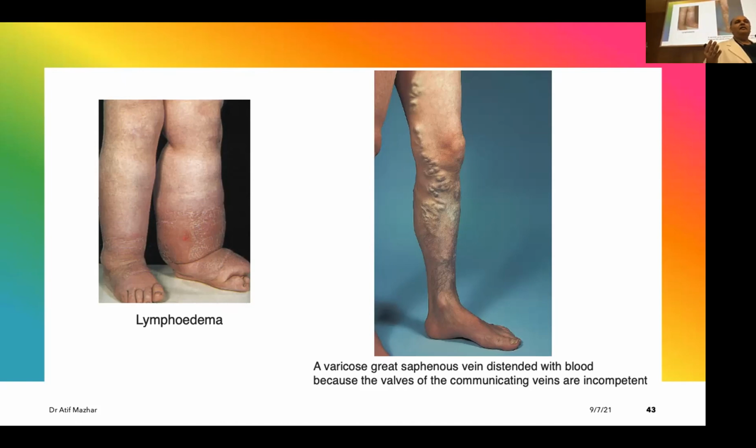How can you repair these valves? Yes, there are surgical procedures. There are so many things, and a lot of science is involved. In Arabic, you call it Dawali, but this Dawali is for the legs. Then there's a Dawali for the testes, and that is for infertility. We'll be talking about that in the renal block. Don't worry about that. So Dawali and varicose vein are the same word. Same. Are we good so far?